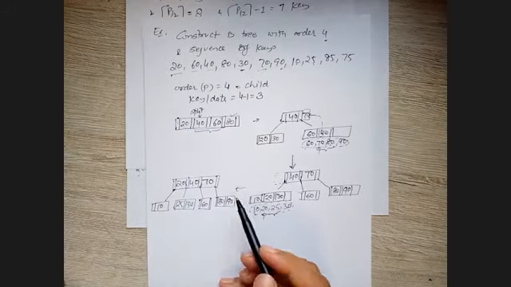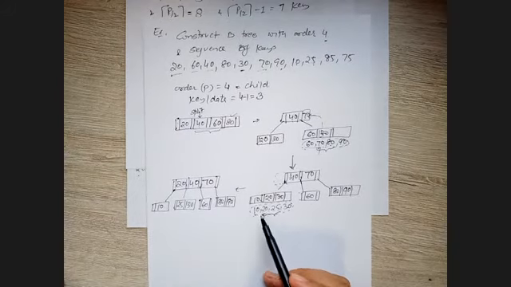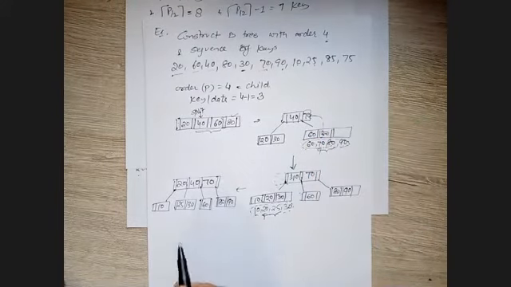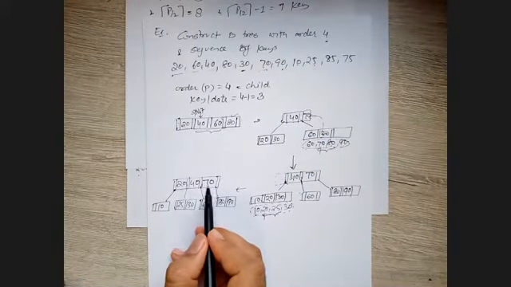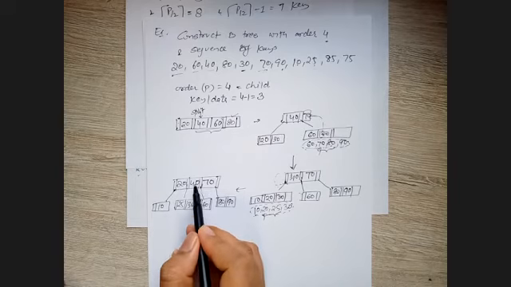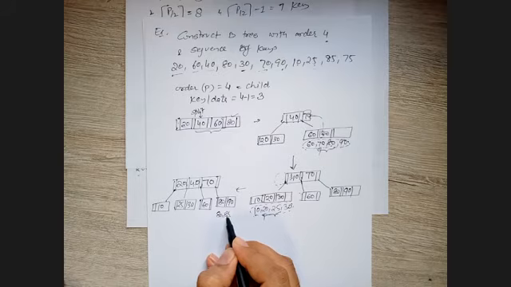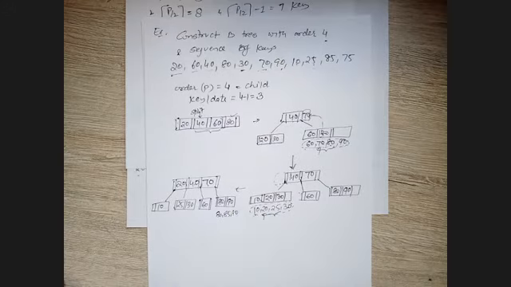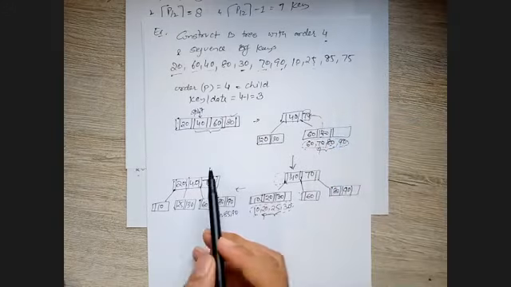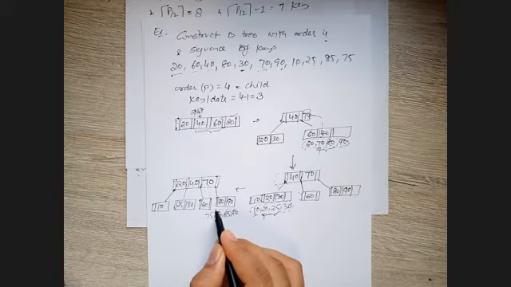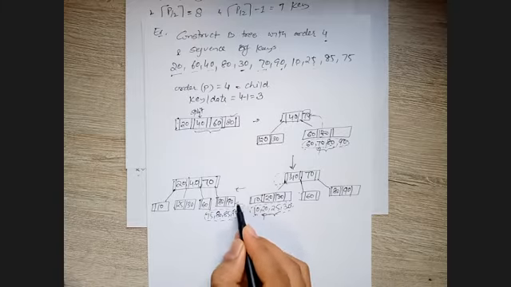So previously we inserted 25. Now 85 and 75. First 85. See where it will go. 85 is greater than 20, greater than 40, greater than 70. So we have 80, 85 and 90. Then 75. 75 is again greater than 70, so on this side we'll add it over here. So we have 75, 80, 85, 90. Again this will overflow, this node.